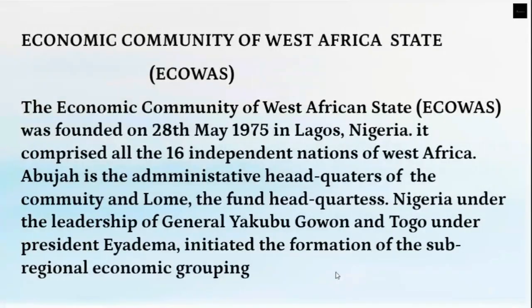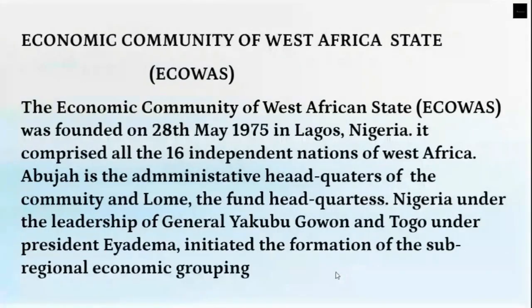So ECOWAS, the Economic Community of West Africa, was founded on the 28th of May 1975. Take note. Most times you see all these questions in your objective. So you just take note of it. You can underline, you can jot it down, you try to practice and get used to them. So in case you see them in your exam, you'll be able to answer. The meaning of ECOWAS is Economic Community of West African States. That's the full meaning. It was founded on the 28th of May, 1975